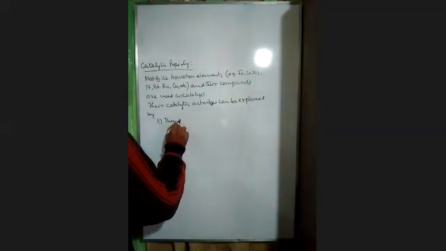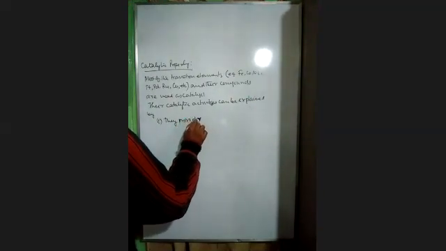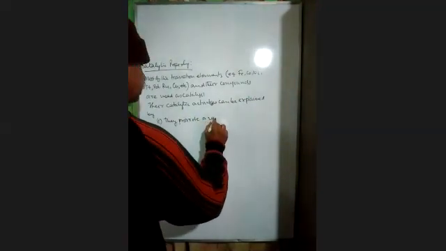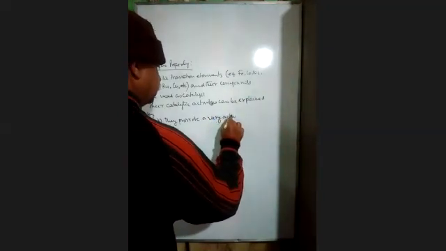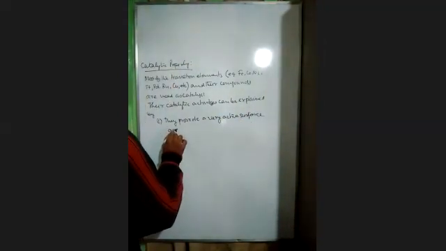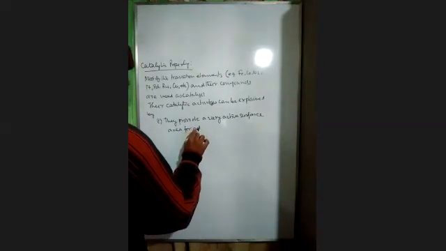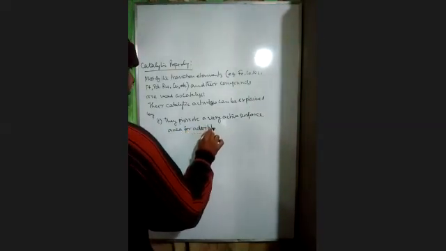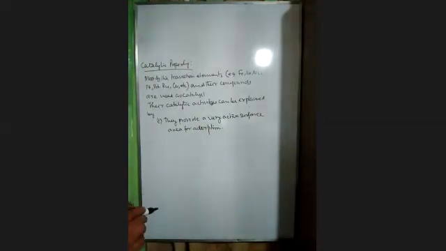They provide a very active surface area for adsorption. What is the meaning of this? Because transition elements have very strong, because their size is small dear, and they have very high effective nuclear charge. Because of that, they pull the substances nearby. So they provide a very active surface area for adsorption